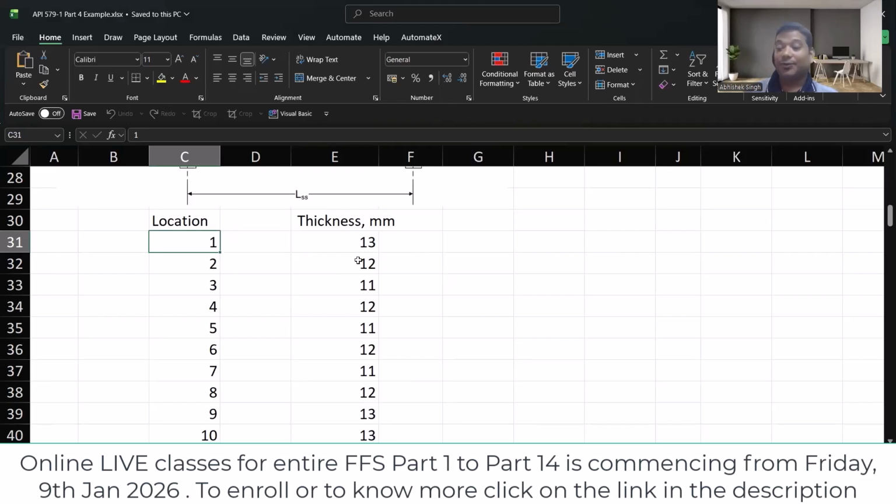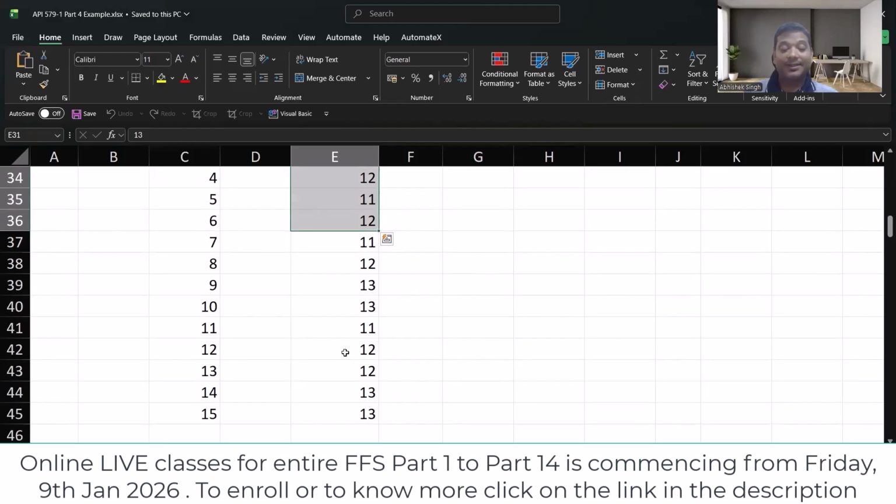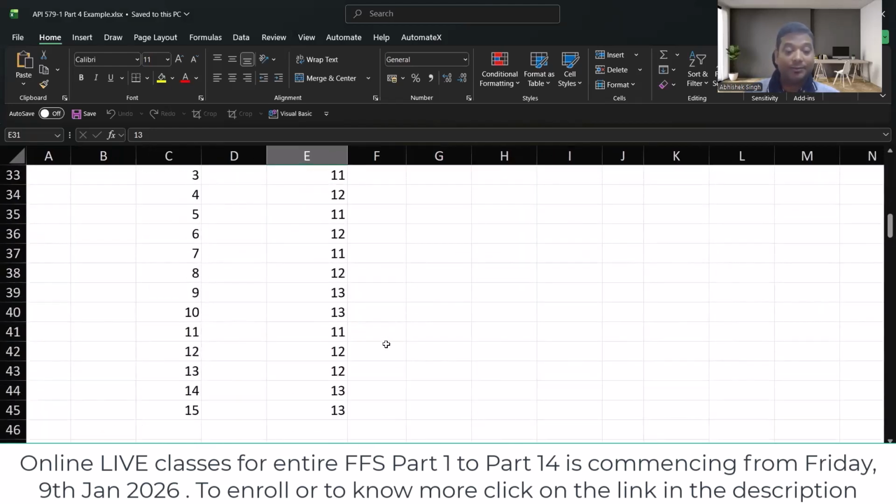So we don't know whether we started with 3 mm or we started with 5 mm. And it is 2.5 in just 5 years. So we never know that. So multiple locations we have. Then we have the thickness readings at each and every location. So we have 13, 12, 11. Now if we try to see what is the minimum thickness,